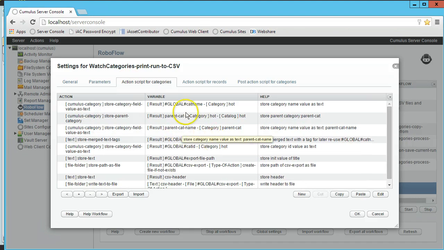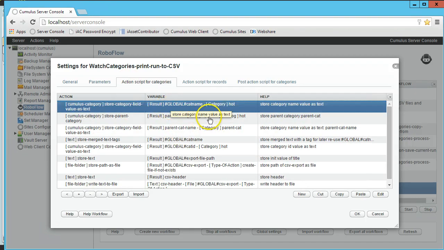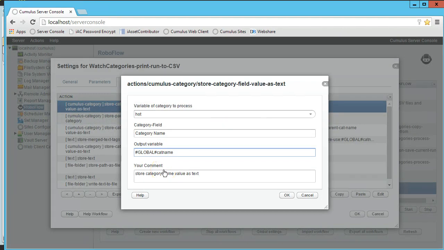It starts with picking up the category name, and because I'm going to use that category name across the other scripts and across other places in this workflow, not just inside this script, I prefix it with the tag global, which tells it to store this variable not individually for this category, but available for the category and the records and all preceding actions scripts